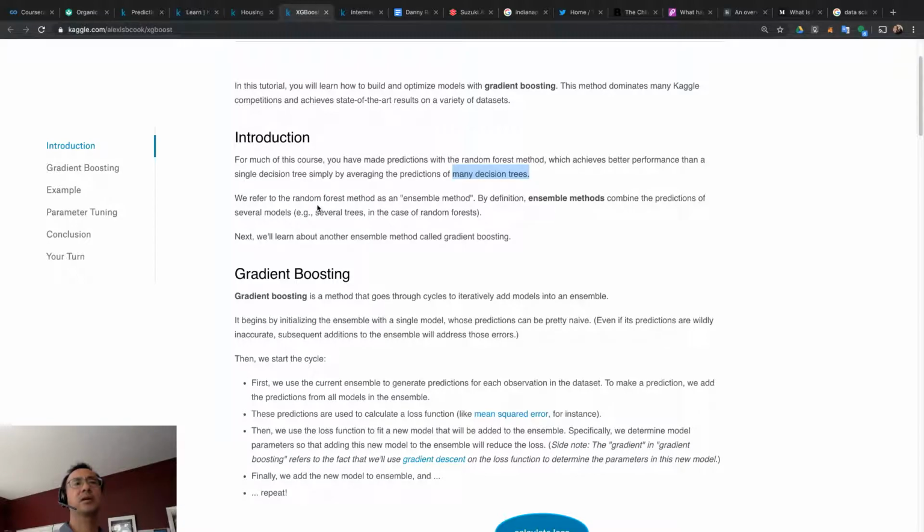So, we refer to the random forest method as an ensemble method. An ensemble means you kind of mix and match. You build it like from Lego blocks. You build on top of one another, right? So by definition, ensemble methods combine the predictions of several models, which means several trees in the case of random forest. Next, we learn about another ensemble method